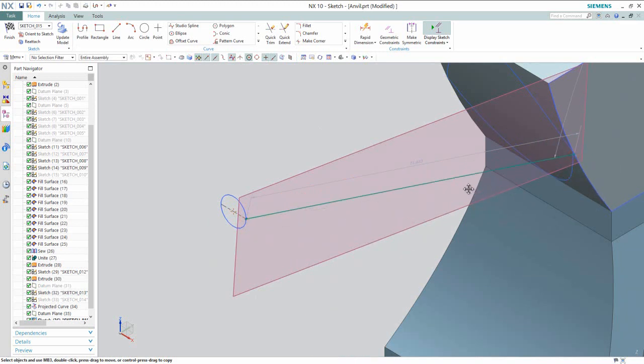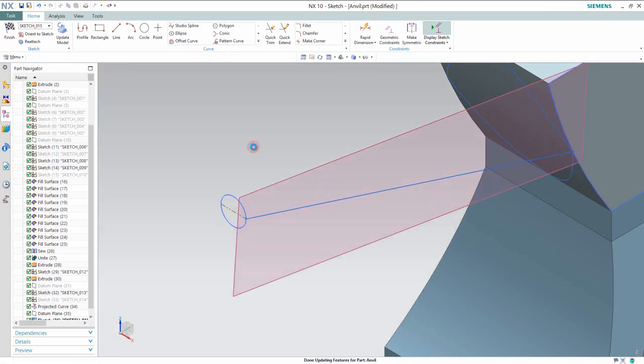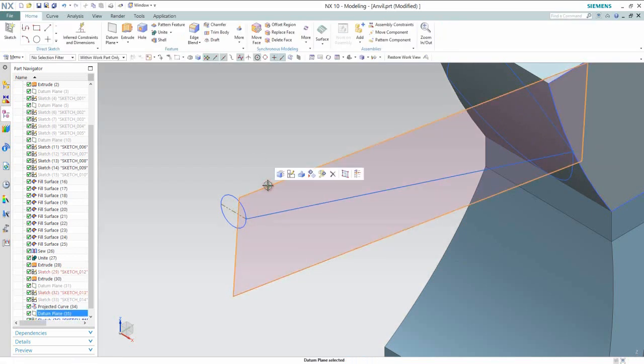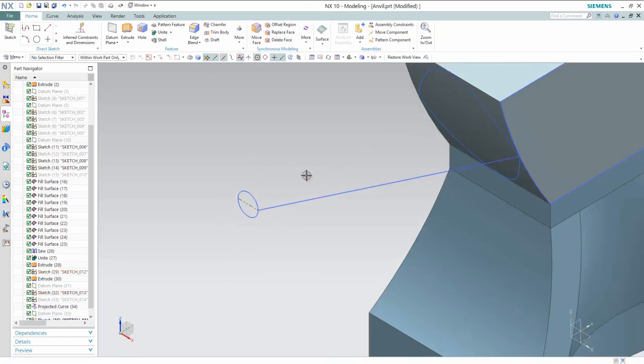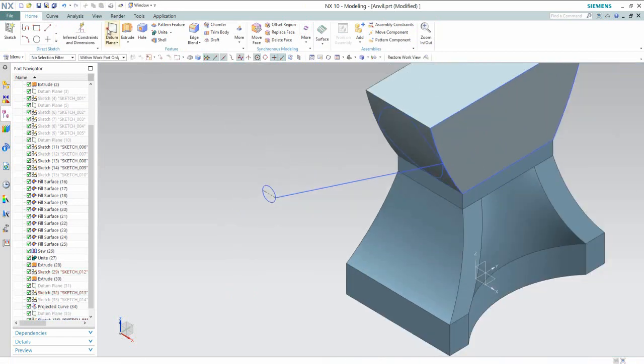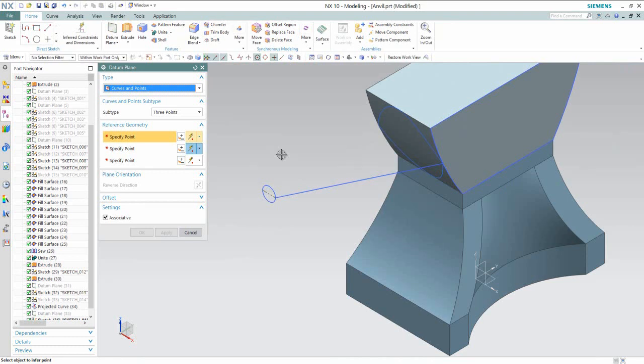Select this point and end point of the spline and apply the coincident constraint. Finish the sketch. And create another work plane as we had done earlier. And create the same sketch line.